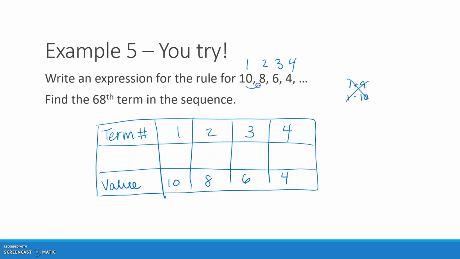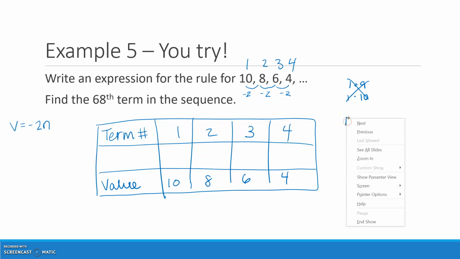So I'm going to have to check, what am I adding every time? I'm subtracting. I'm subtracting 2 every time. So I'm going to start with v equals negative 2n. And then I'm going to say, what do I still have to multiply or divide by to get to the value? So if I start with 1, I would say, okay, I've got my value at 1 is 10